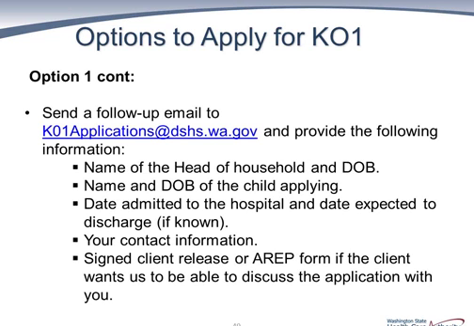If a child or an individual is eligible for MAGI-based coverage, we just stop there because that pays for the services, it's full CN coverage, and it pays for the same scope of benefits that are available under KO1. And so we don't have to go that extra step and look at the KO1. If they're not approved when they go through the Health Plan Finder, that's when our team will go in and process the KO1 medical for the child or the adult if they're eligible.